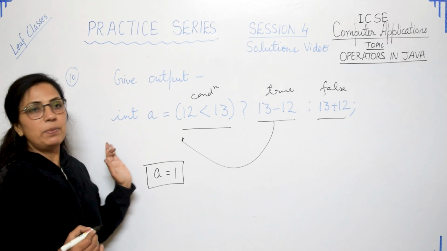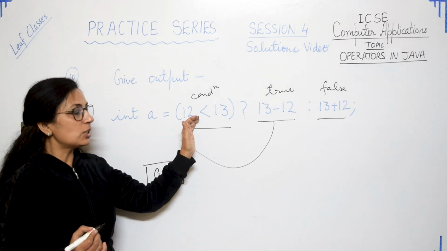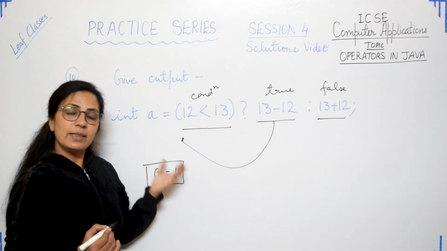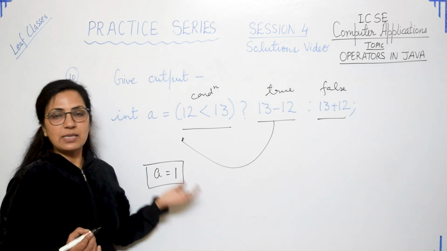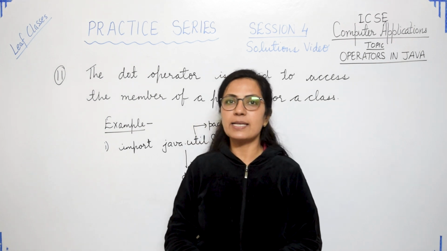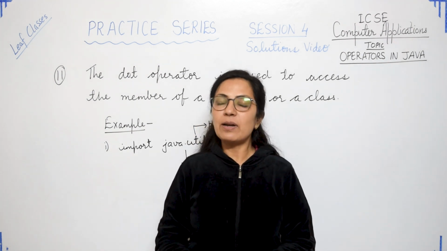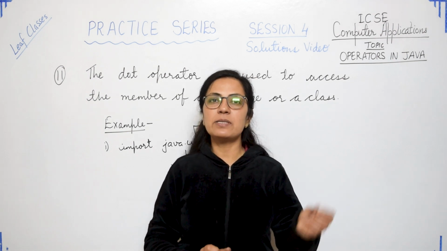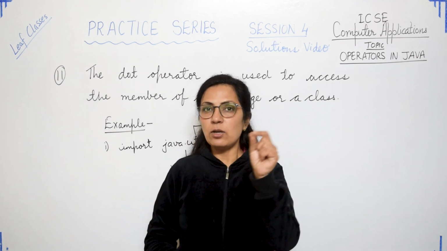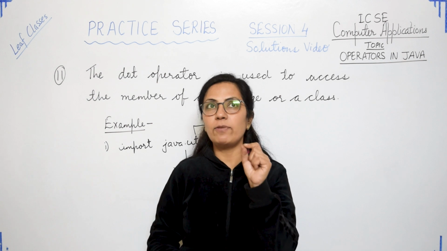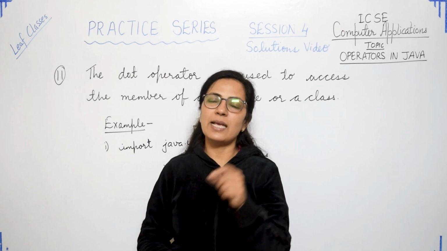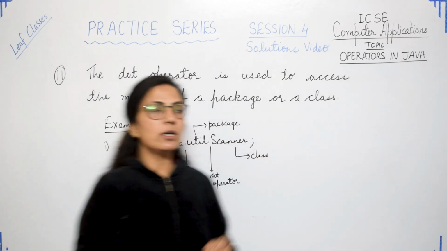It is very simple. You should just know where the condition is, which statement will be executed when the condition is true, or which will be executed when the condition is false, and you are done with these types of questions. Question number 11 is, what is the use of the dot operator, and give one example. Children, when we write the program, the very first statement of the program is import java.util.Scanner or java.util.*. There you have seen that the dot operator is there, or when we use different Scanner class functions like sc.nextInt, sc.next, sc.nextDouble, in all these we use the dot operator.